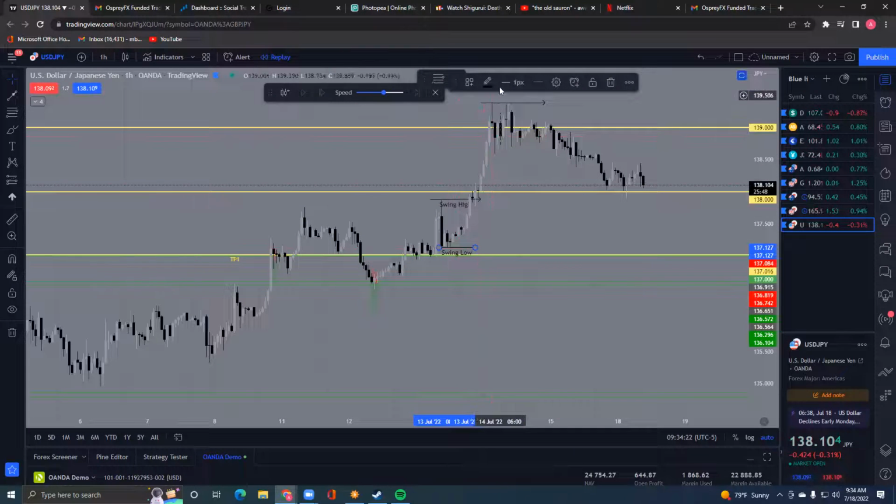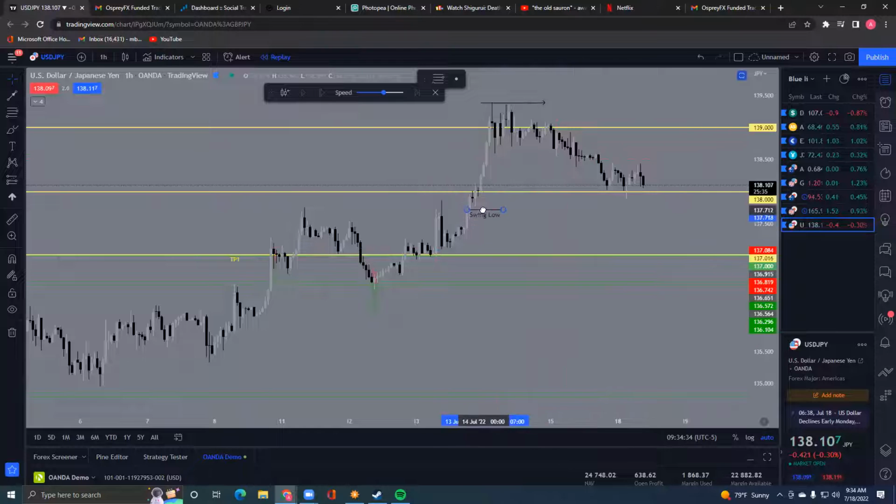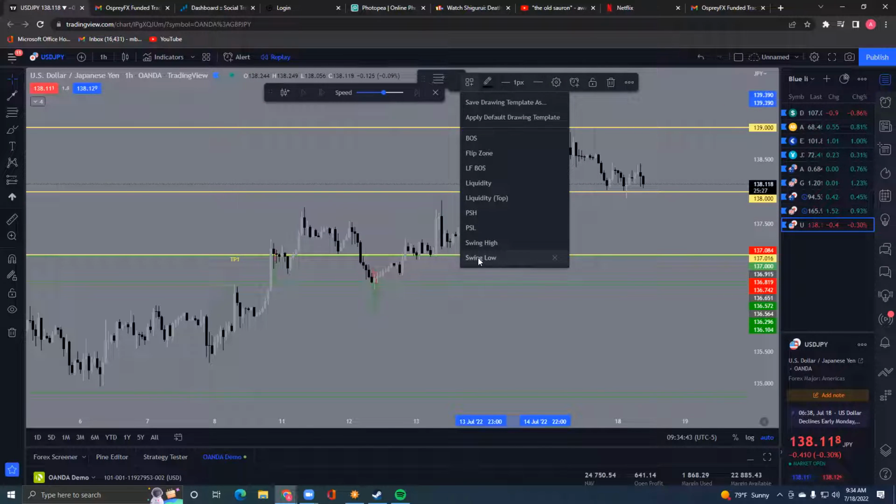Okay, price went ham, destroyed. And honestly, you could even say after this was broken out of, this created this new swing high, and then this was the new swing low. So it's to your level of detail. To me personally, I like to keep things really concise and squeezed in. So if I can keep things in a specific space, I prefer that over having larger gaps,